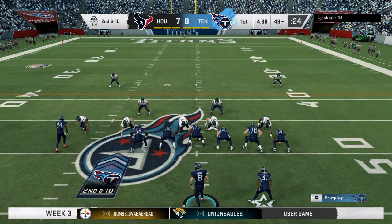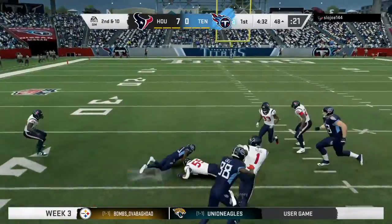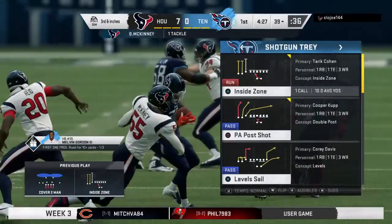An incomplete pass on 1st down. That leads to a 2nd and 10. Here's the first carry for Tariq Cohen. They'll wind up getting 10 back as that sets him up for 3rd down. So from 2nd and long, now we go to